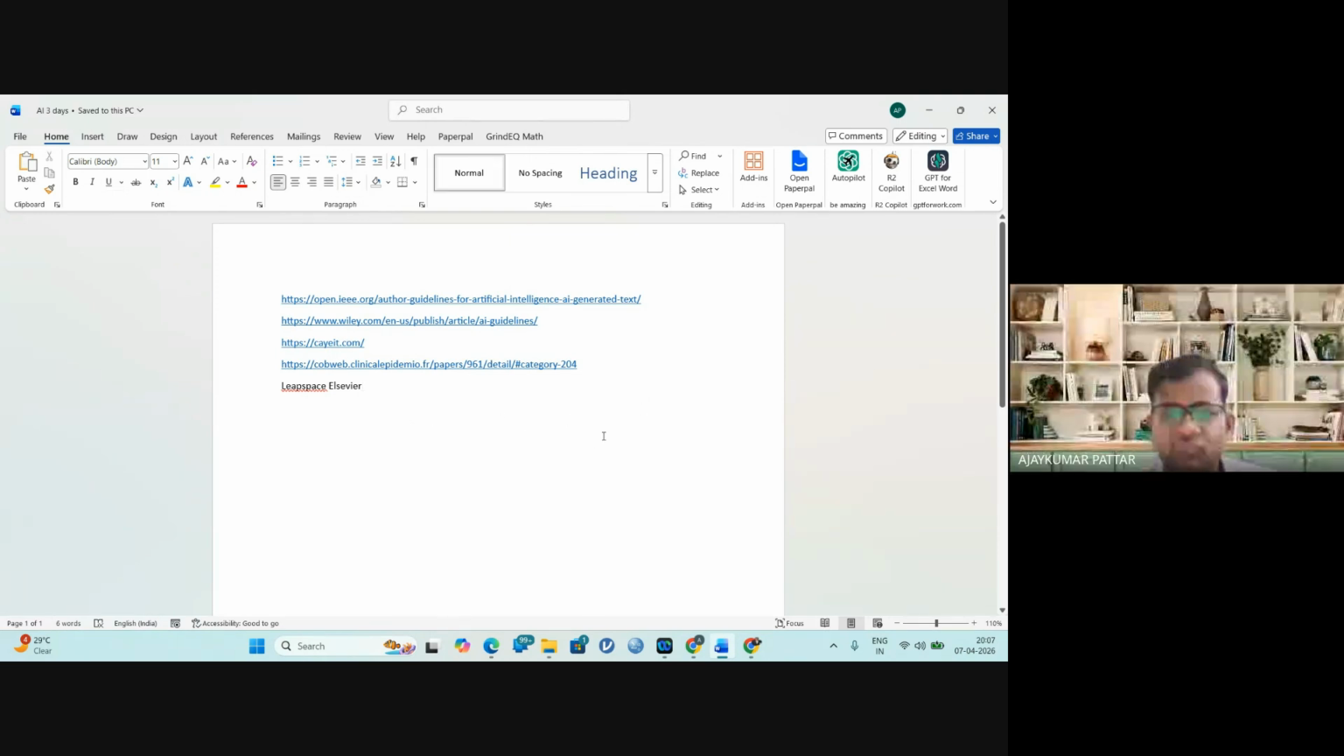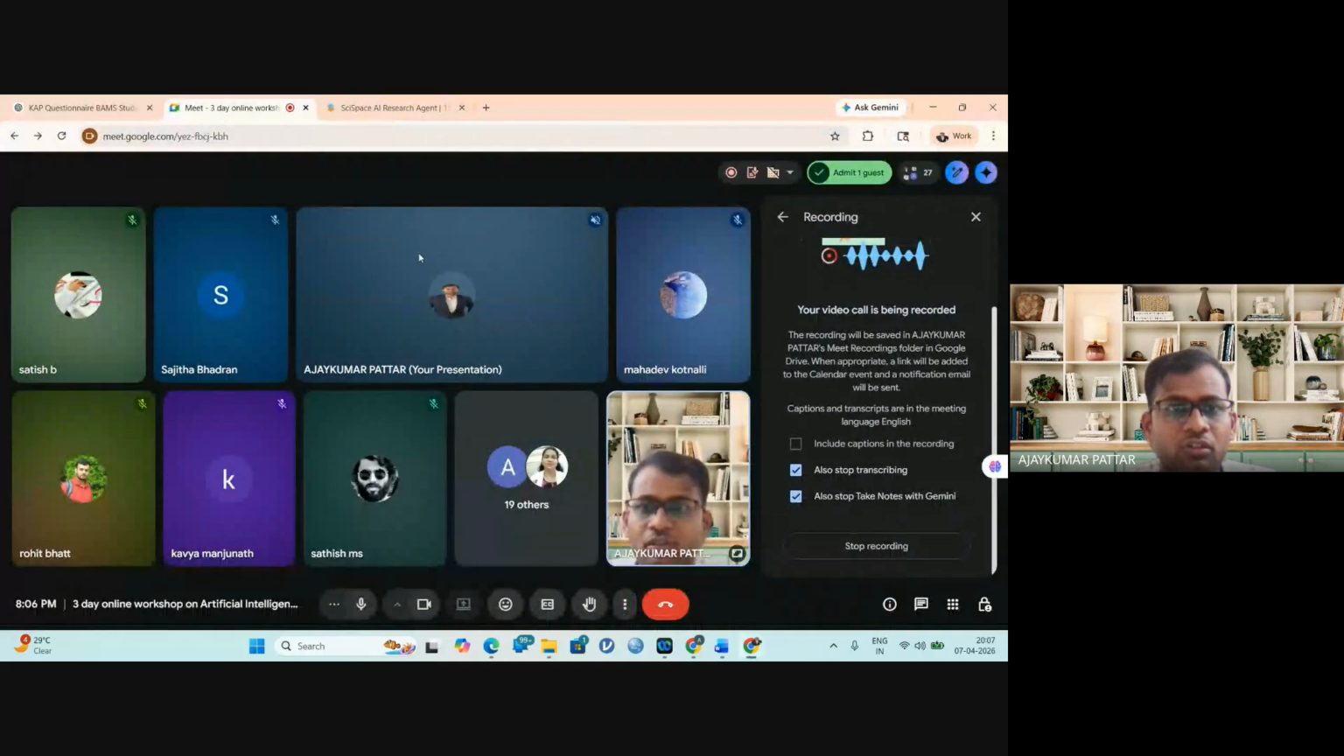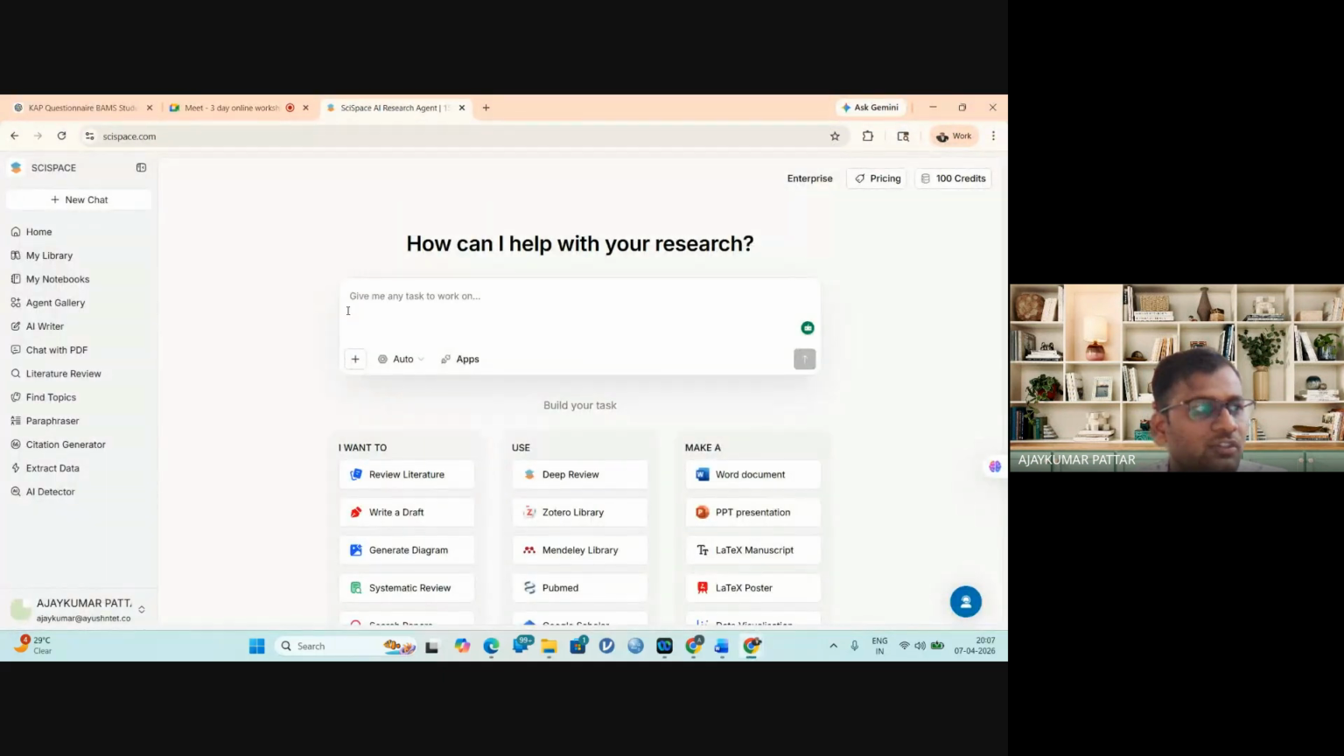Yesterday I tried to explore one of the AI tools for literature review, that is SciSpace, but in that account I have used the maximum limit. So I will show it in another account. This is one of the literature review specific AI tools. Yesterday we explored how to do a literature review using ChatGPT by creating a project. So the same question, if I ask here,